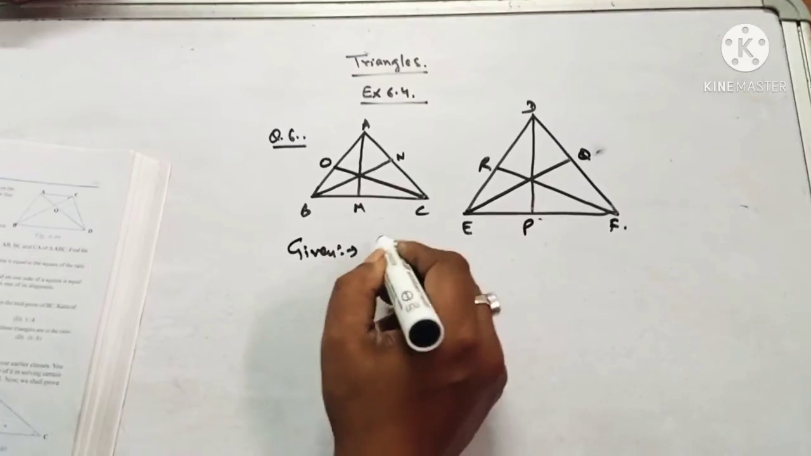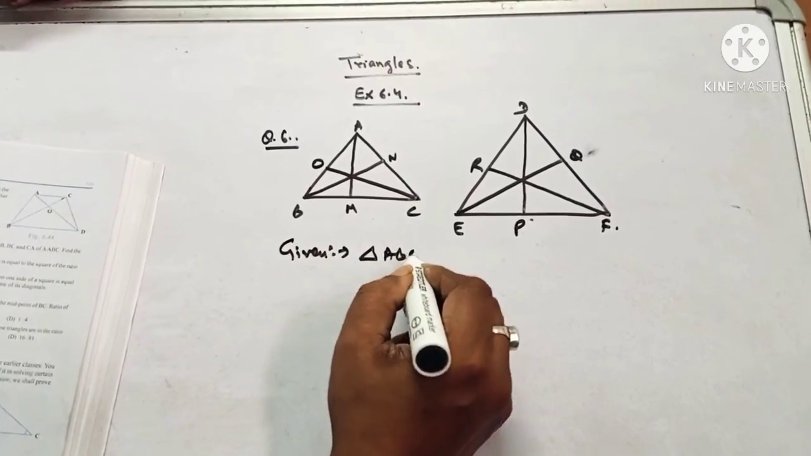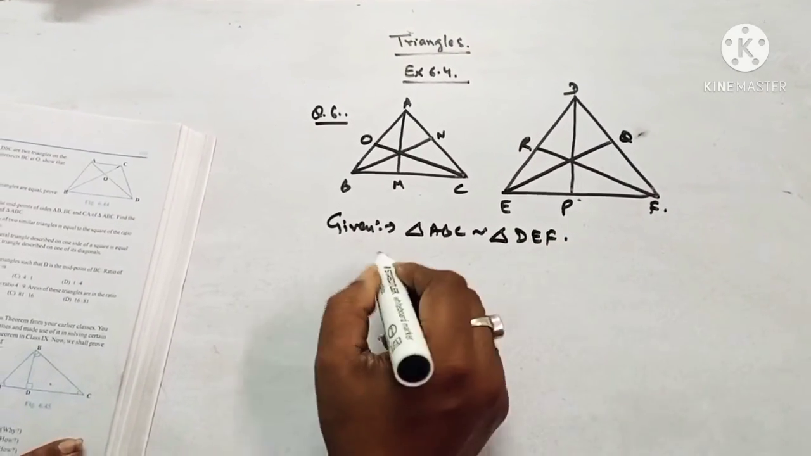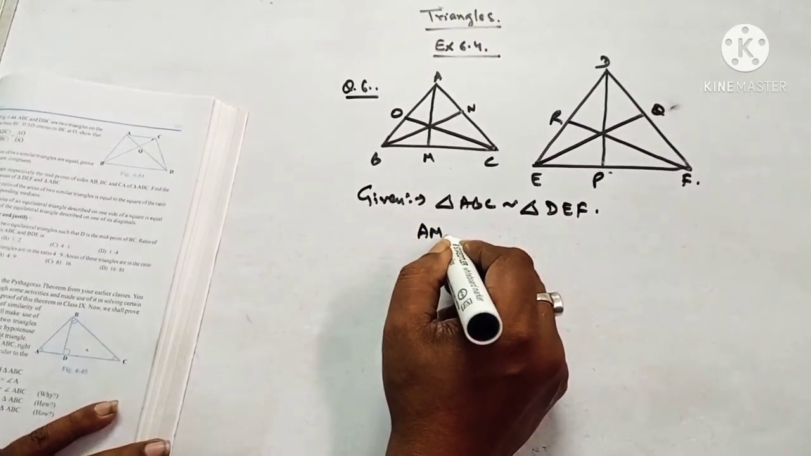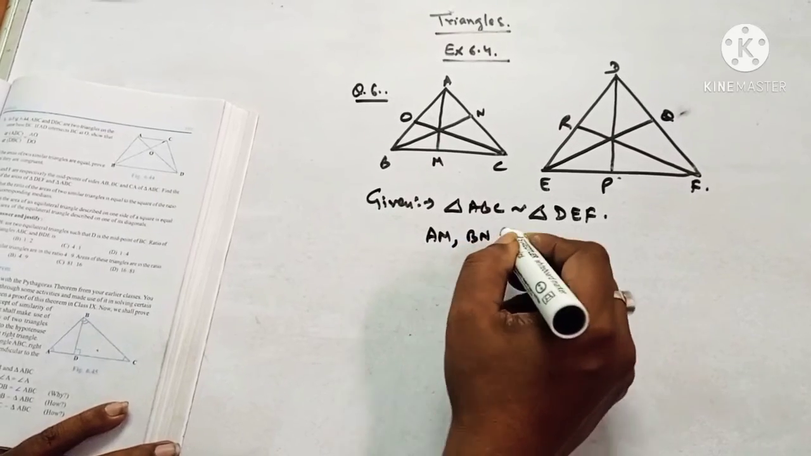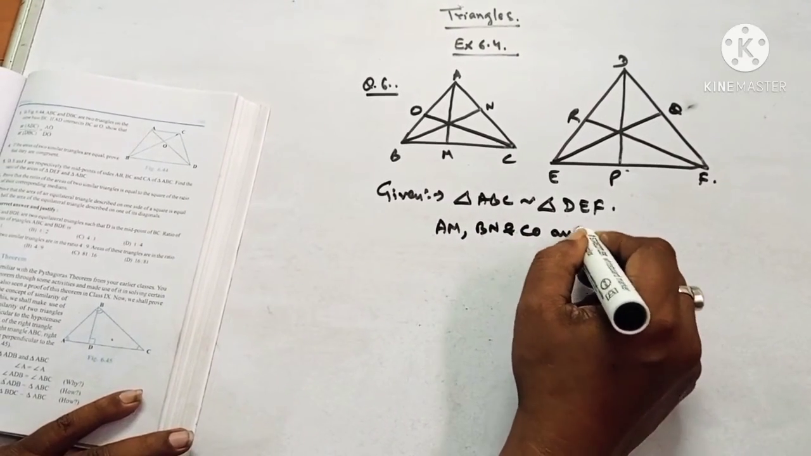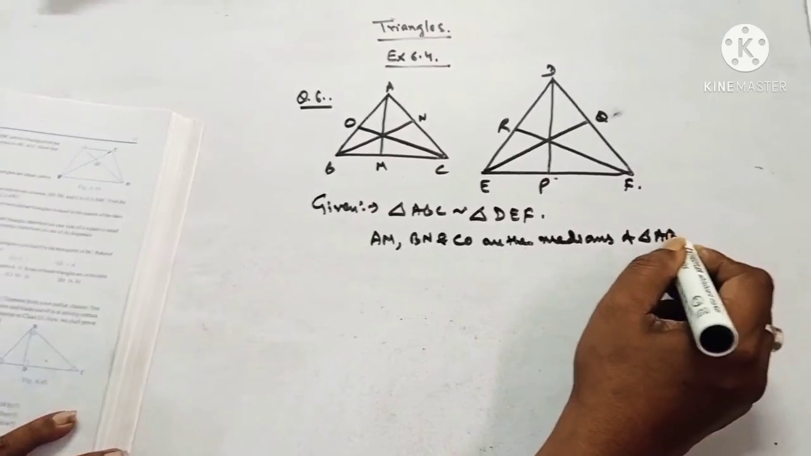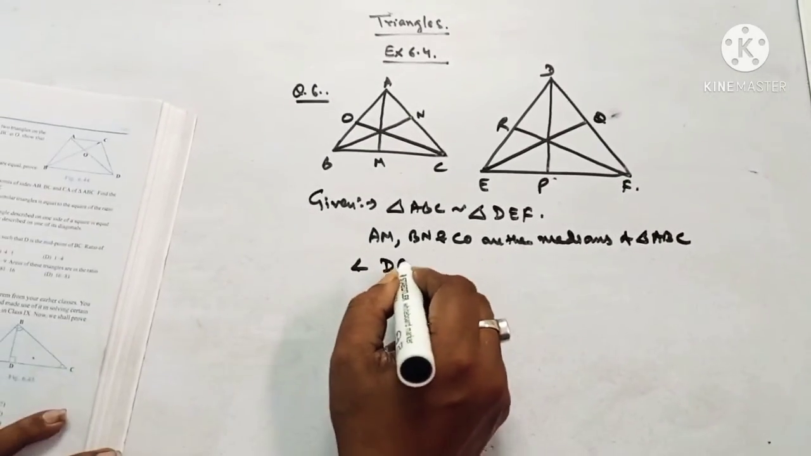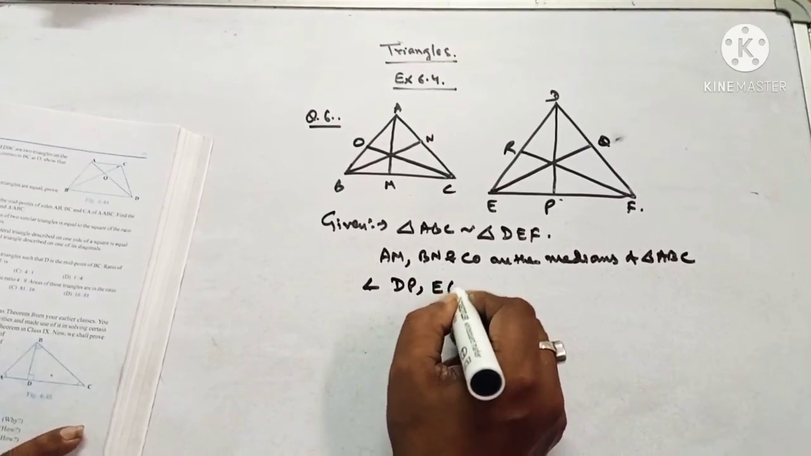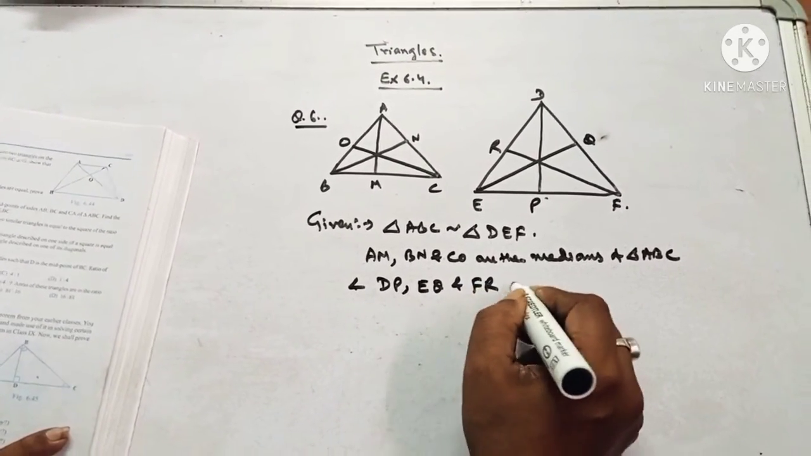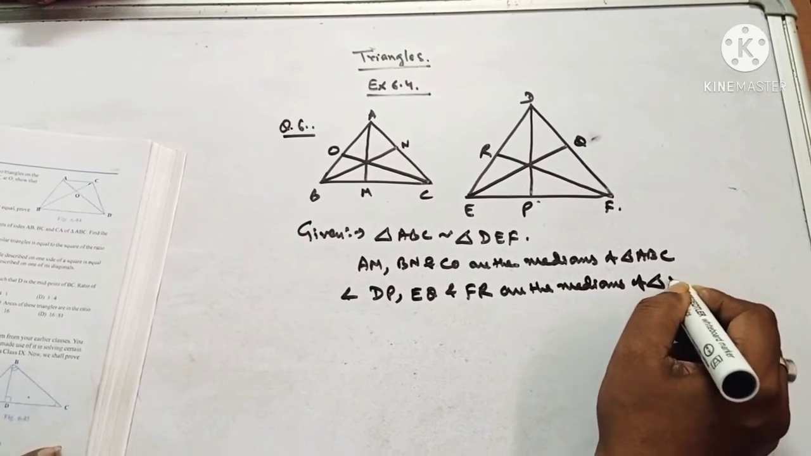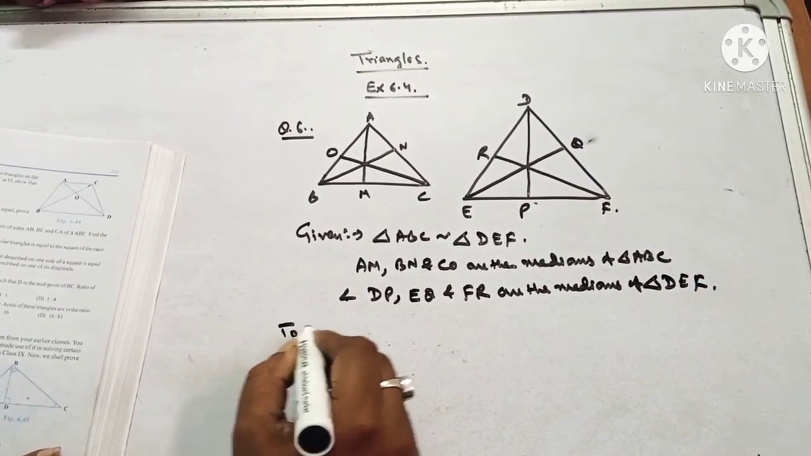Given that triangle ABC is similar to triangle DEF, and AM, BN and CO are the medians of triangle ABC, and DP, EQ and FR are the medians of triangle DEF. To prove that